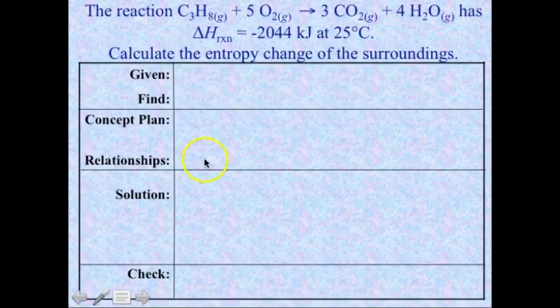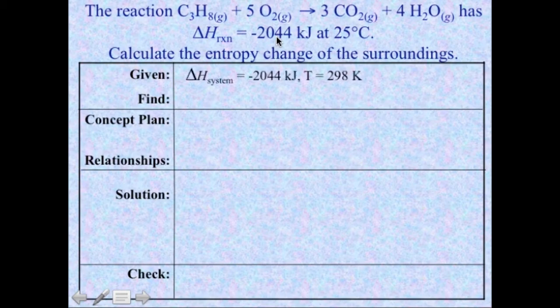Let's do another one. Here's a combustion reaction of propane with oxygen to form carbon dioxide and water. And the enthalpy of the reaction is, as you might expect, burning propane gas, very exothermic, minus 2044 kilojoules at 25 degrees C. So that's going to have a sizable effect on the entropy of the surroundings, which is what this question wants you to calculate. You're heating up the surroundings. The entropy of the surroundings is going to increase. What is that increase in entropy? Why don't you turn your playback off, do it, and then come back, we'll show you.